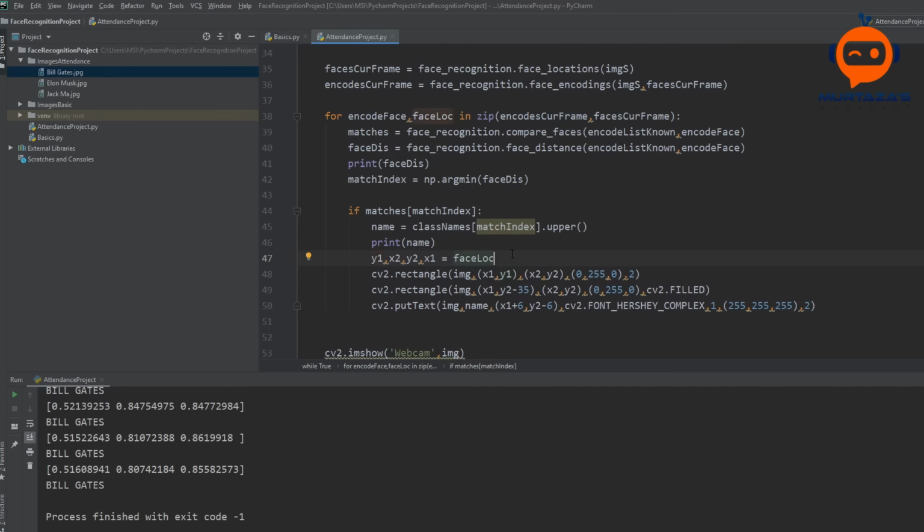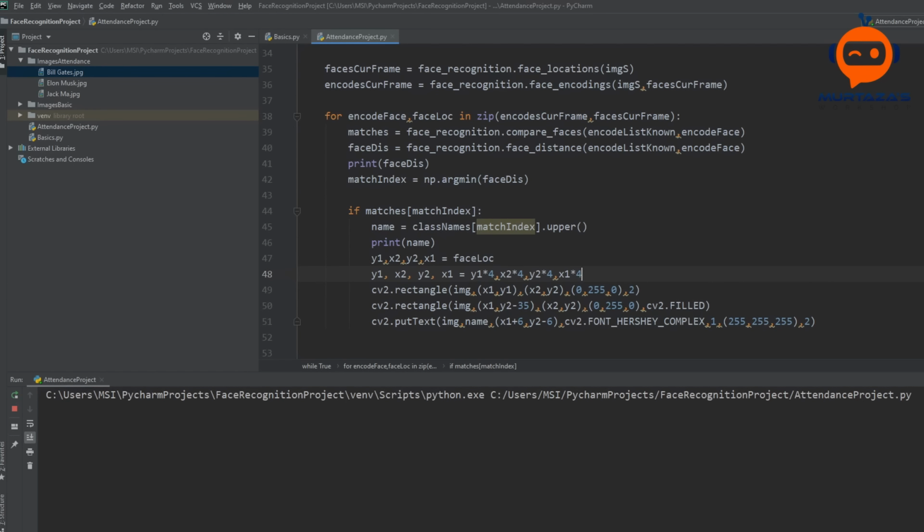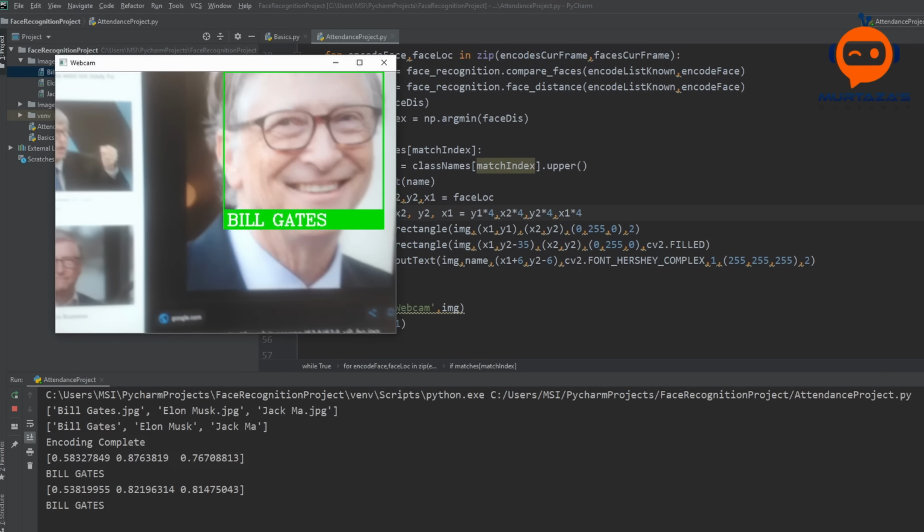So what we can do is write here, this equals multiplied by 4, then multiplied by 4, multiplied by 4, and multiplied by 4. So if we run that now, there you go.